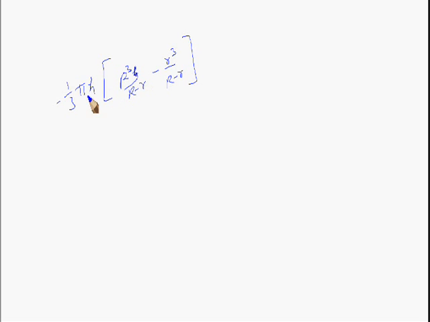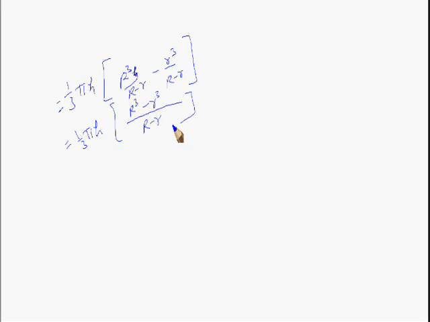Already we have taken h outside, so now from these two we take capital R minus small r common as the LCM, so we get capital R cube minus